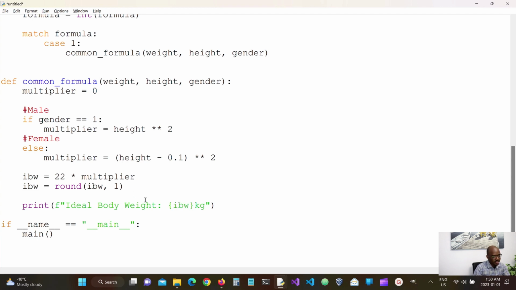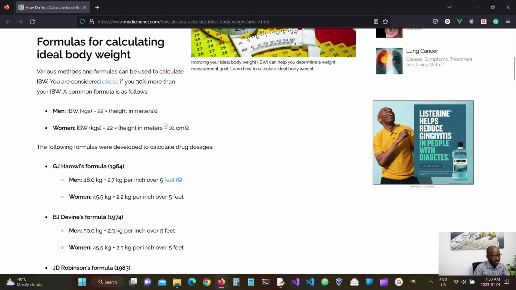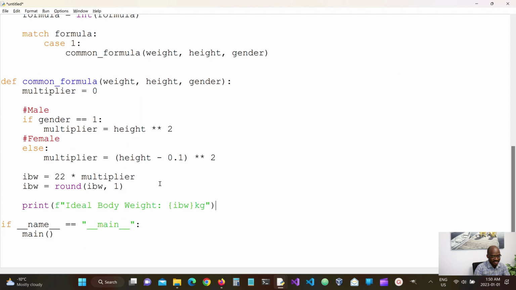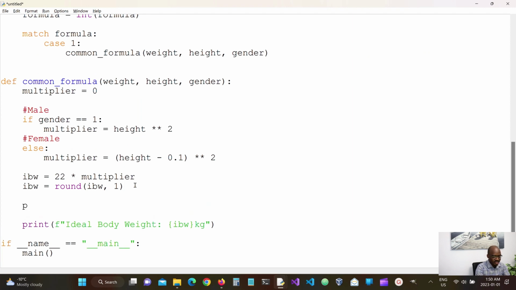But there's something about this material. It says the individual is obese once the percentage is 30% or more than the ideal body weight. So we need to be able to calculate how much deviation the current weight is from the ideal body weight, and that is, I believe, simple mathematics. So we're going to do something like this. We're going to call it percentage difference,